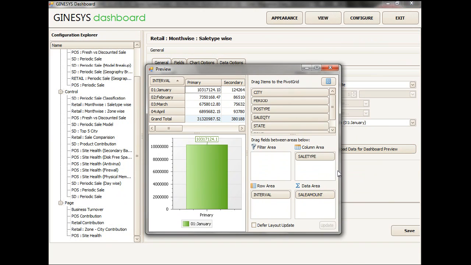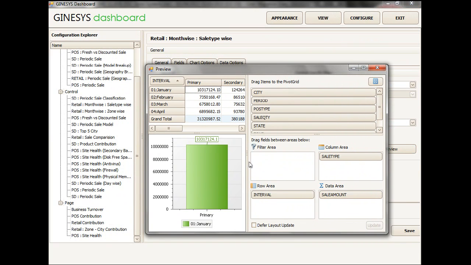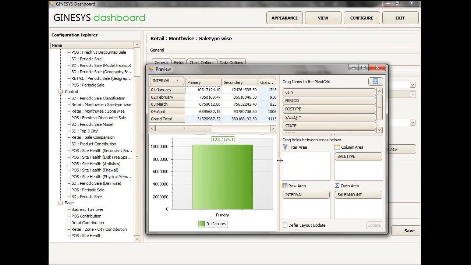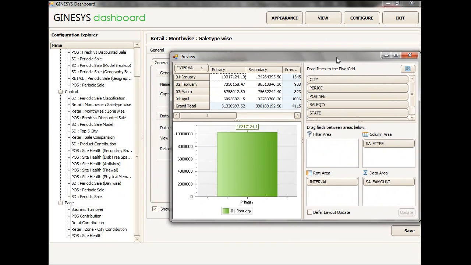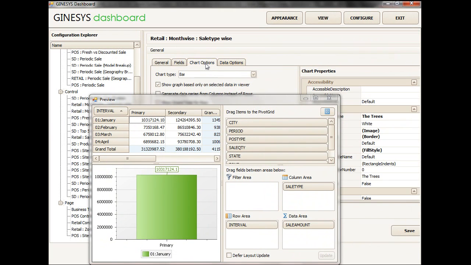So now see, it is showing the data portion, the chart portion, and the pivoting options: the available columns that you can choose, your column area, your row area, your data area, and your filter area. The right hand side of this preview is similar to pivot options in Excel. So by changing the properties, you can